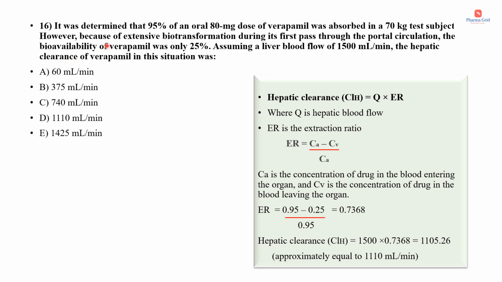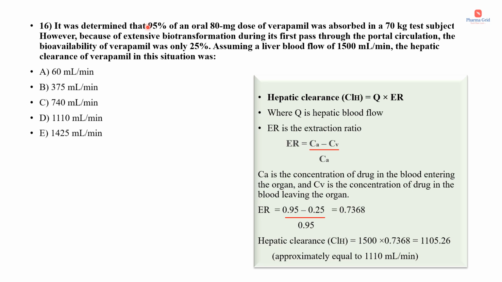And what they have given, after this first pass metabolism, the bioavailability of verapamil was only 25%. So after the first pass metabolism, the concentration of the drug in the blood leaving the organ, the Cv value, will be 25%. 25% means 25 divided by 100, that is equal to 0.25. So here the Ca value is 0.95, the concentration of the drug in the blood entering the organ, and 0.25 is the concentration of drug in the blood leaving the organ. That is Ca minus Cv divided by Ca. We will get the value of extraction ratio as 0.7368,